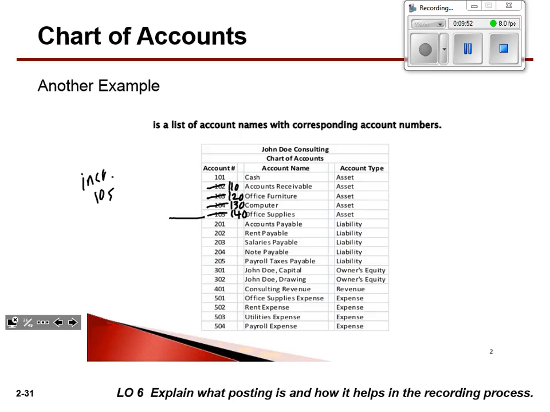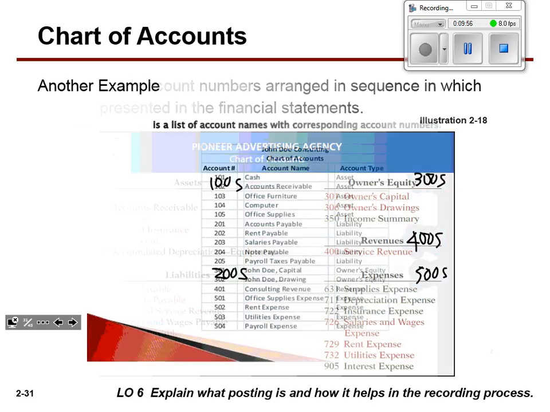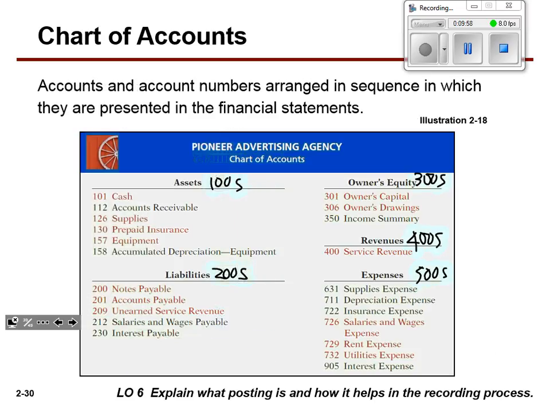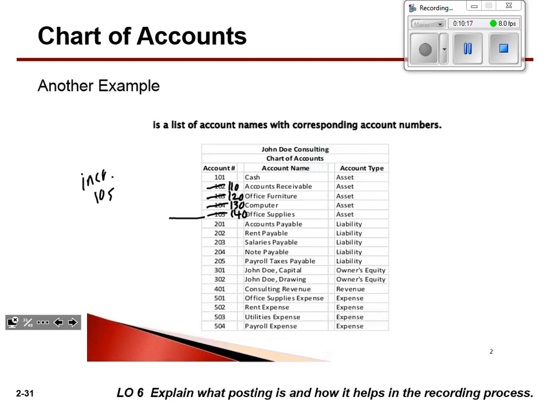This would be a pretty tough example to add something in if needed. If I go back here, this isn't even by tens, it's kind of random. But if I had to add in equipment right now, equipment's there. Sorry, let's go with a delivery truck. If I have a delivery truck account, could I add that in because I've got wiggle room between the numbers? Yeah. The bigger the business,